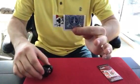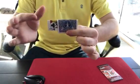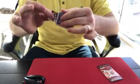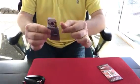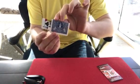And the idea of the puzzle is to see if there's a solution to turn the Jack over without taking it out, without ripping the staple, just turning it over in the space in between it. Now, it's very difficult to do because there's not a lot of wiggle room, but I figured out a method. I'm going to show it to you right now. So watch the Jack. It begins with the Jack on the outside, but if we push it through,